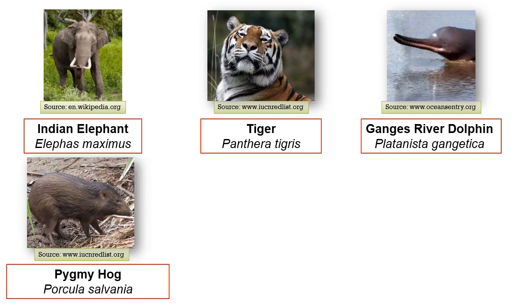Next is pygmy hog. Now this forms an interesting case in the sense that for a few years from now it was listed as critically endangered, but today it is listed as endangered by IUCN. Thanks to the program called Pygmy Hog Conservation Program, which was set up in Assam for the captive breeding of